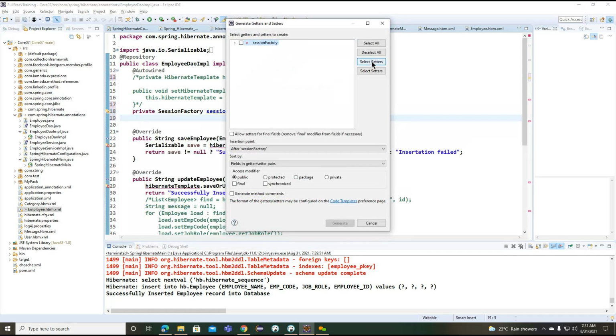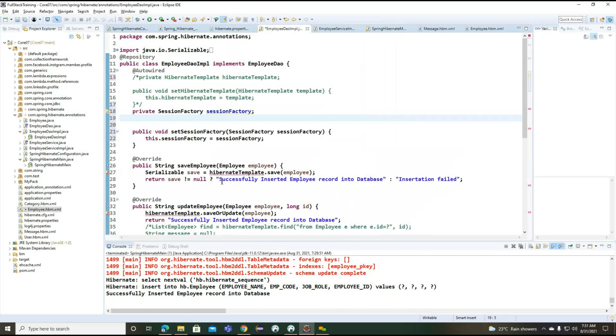I want to generate the setter here. Right.